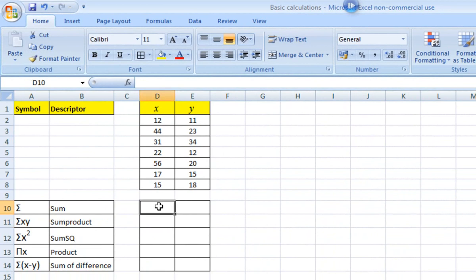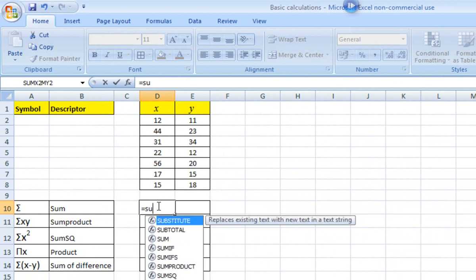We use a formula in this case, so it is equal SUM, this is the formula for the sum. So if I do SUM, Excel will automatically give me a list of formulae, all of which start with SUM. So I use this one here. This is to add all the numbers. So double click on it,